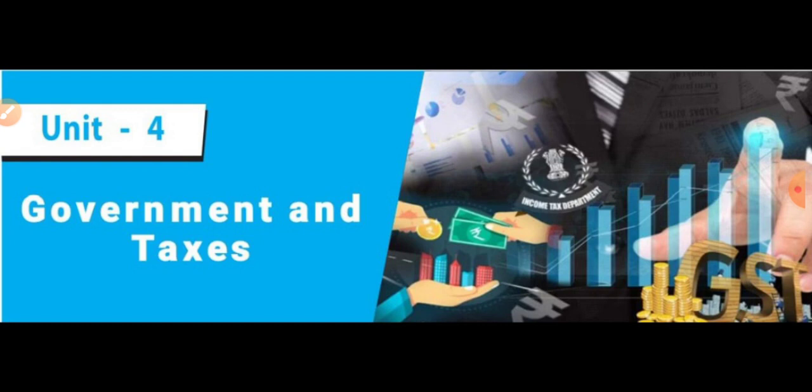Then we learned about the role of government in development policies. Mostly 7 important policies we learned. For example, the first one is defense. Defense forces are one of the essential security functions. The defense forces protect our nation from all enemies. Only the union government is responsible for maintaining the defense forces.